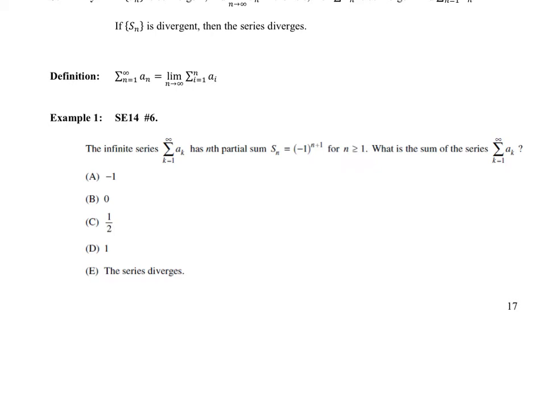Here's one example, okay? And this is, again, a very abstract idea. So it says the infinite series as k goes from 1 to infinity of a sub k has nth partial sums given by this formula where n is greater than or equal to 1. What is the sum then of the series? Okay, so we don't know very much about the information. A sub k is just a generic placeholder. We don't actually know what the